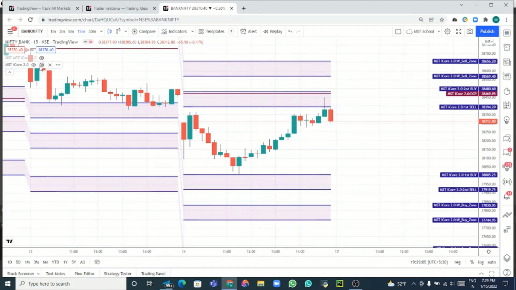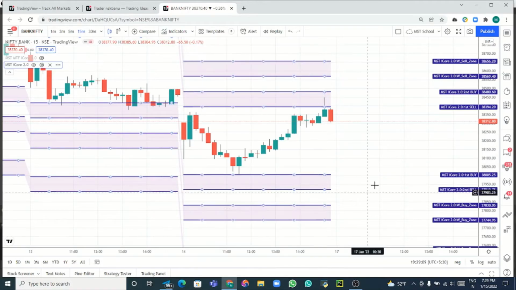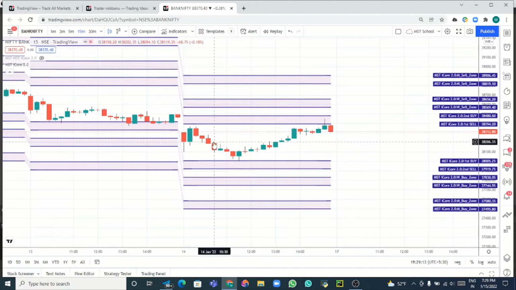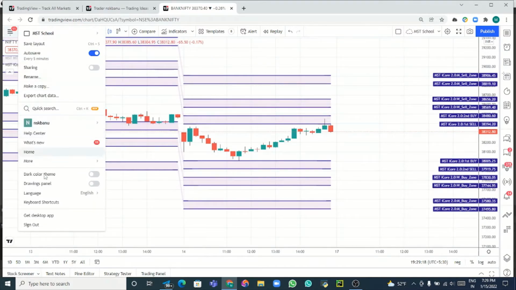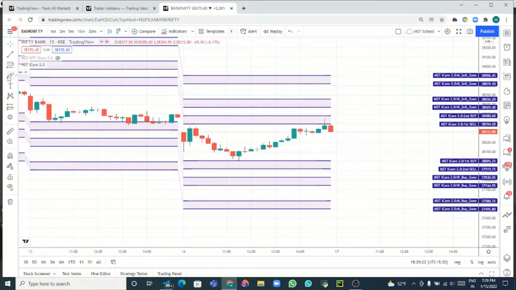Now I will go here and give reset. By default it will show you this. There will be 2 entries initially. One is, where is the drawing? This one will be our day entry, and this will be our weekly entry, this will be our monthly entry, this will be weekly entry, this will be monthly entry.